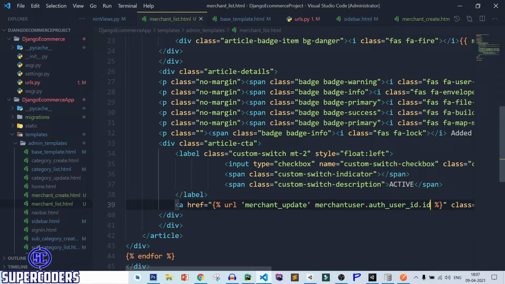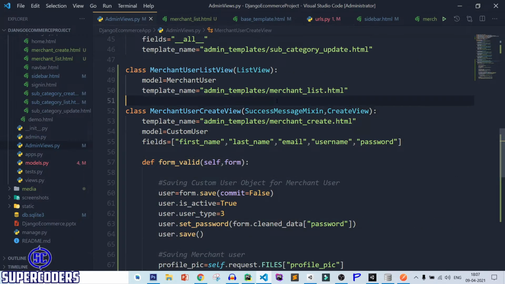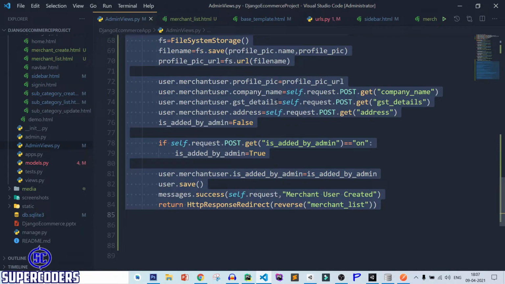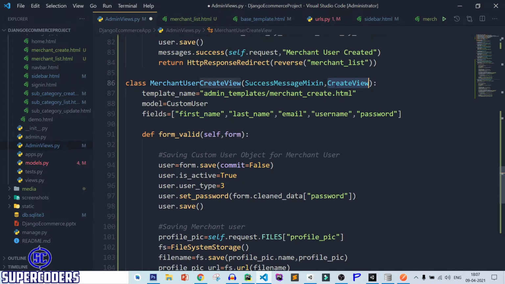Save it. After that, come to next page, which is our update. So let's work on update page. So let's create this method. So open create view and simply copy this method, copy it, paste it.